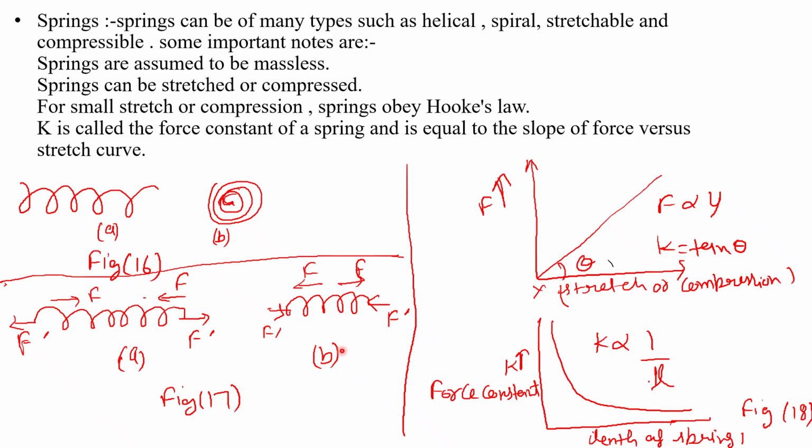To produce extension or compression in a spring, two equal and opposite forces are to be applied, and in equilibrium the restoring force developed due to the elasticity of the spring is equal to either force, that is F is equal to F dash, and is always opposite to the applied force. Next, for small stretch or compression,